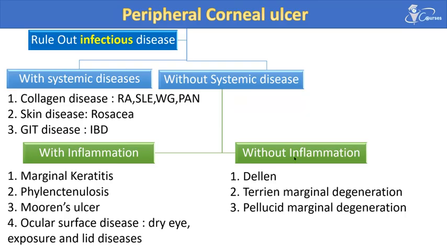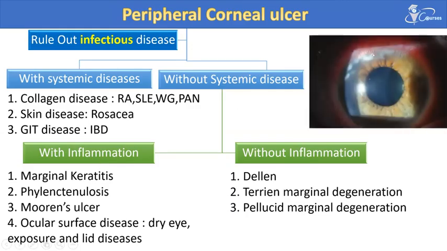Okay. Then if there is no systemic disease, I am telling you how to approach and how to think of a patient with a peripheral corneal ulcer. Without systemic disease, consider whether there is inflammation or no inflammation. If there is inflammation, you may consider marginal keratitis. We will cover all these: marginal keratitis,